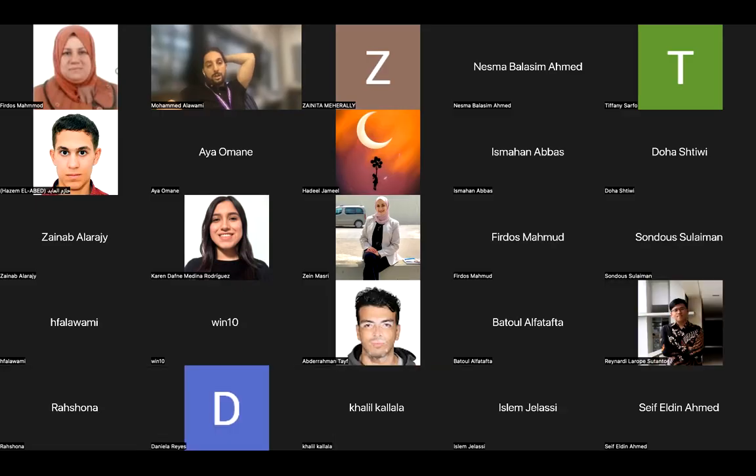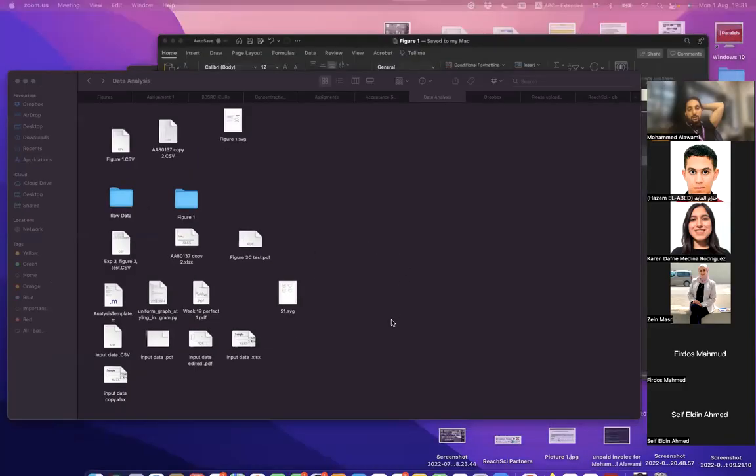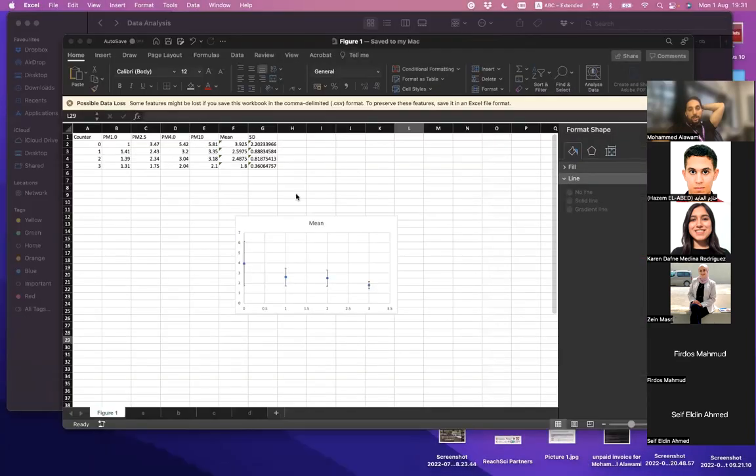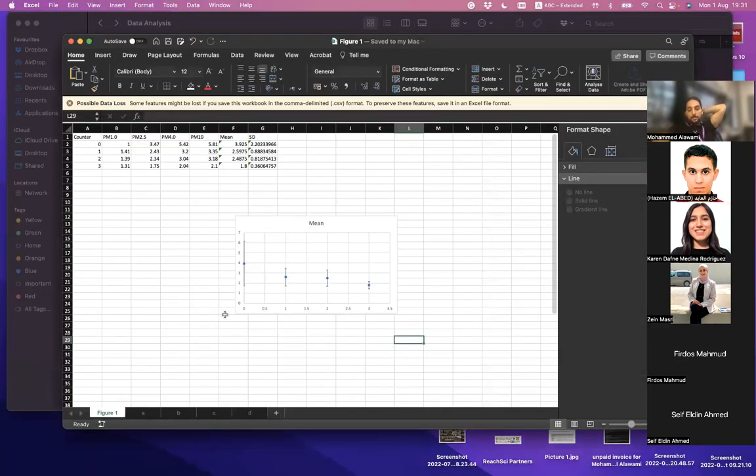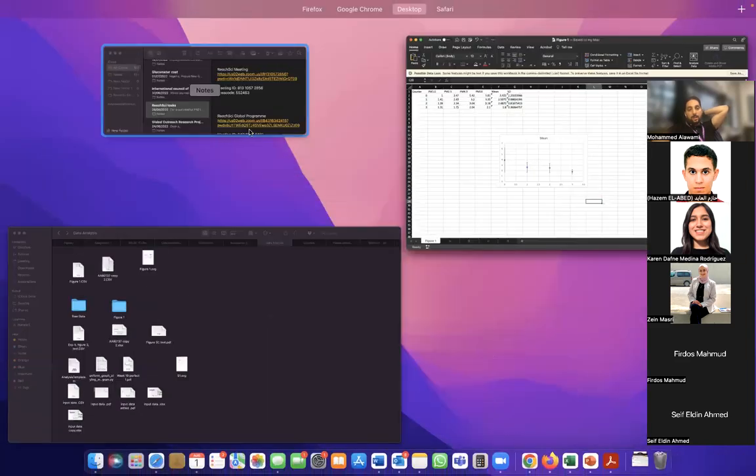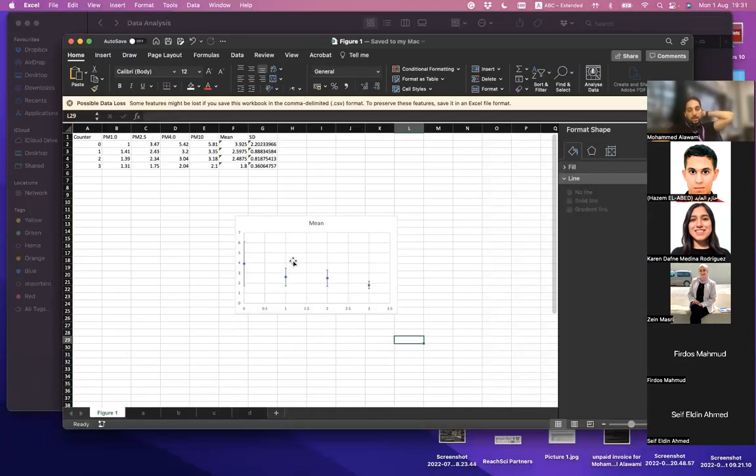Okay, so now let's move into the demo. So, okay, let me share the screen. Okay, so if we go back into the file that we made earlier, so this file is basically,